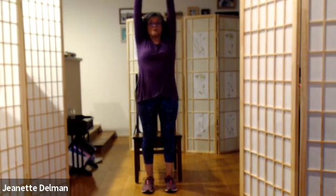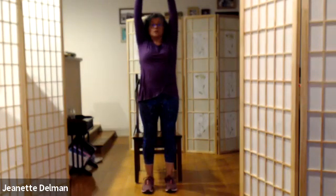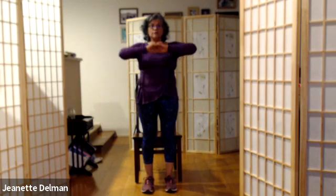And now interlace those fingers, come up, up, up, up. Push up into the sky, push your feet down into the floor. Big breath in, squeeze the leg bones, squeeze your booty, and whew, release everything, relax everything. Do that again, interlace, push up, push down, squeeze leg bones, squeeze booty, and release. One more, just like that, interlace, drift up, drift down, press down, squeeze, squeeze booty, and